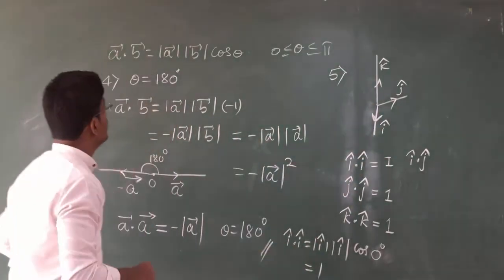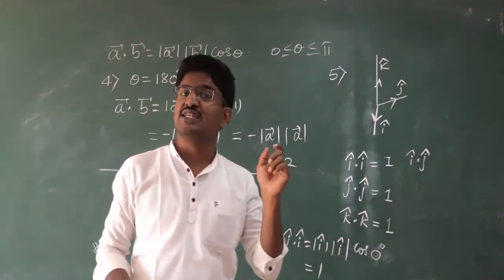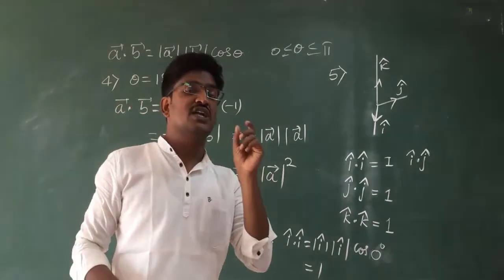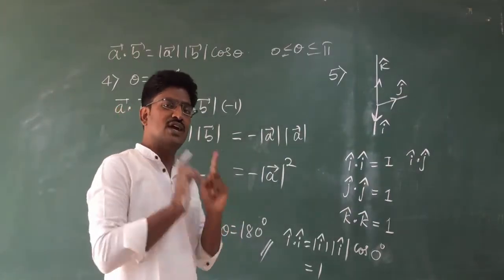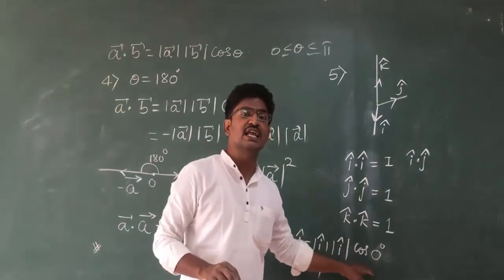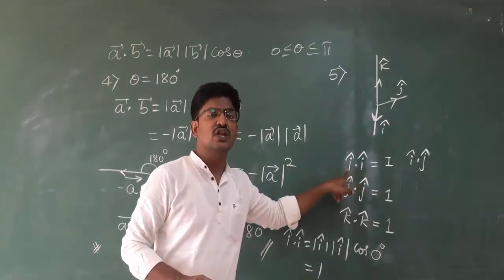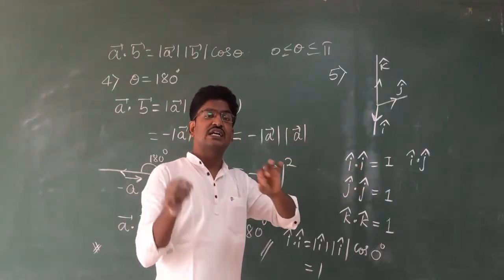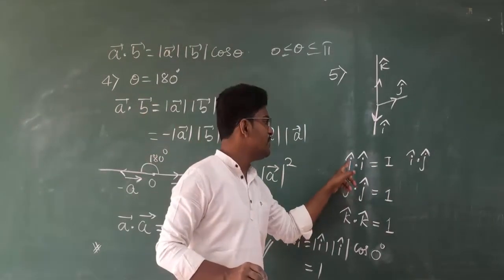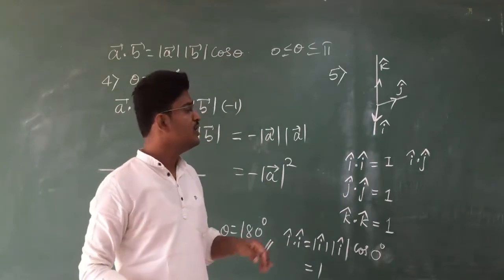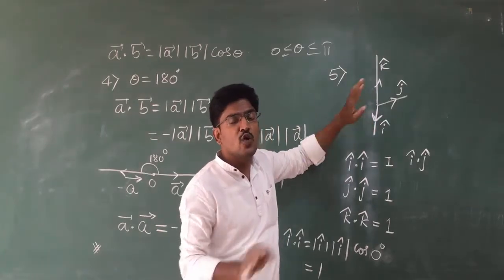In the same way, we have studied whenever theta equals 0. In the previous observations, we have seen theta equal to 0. If theta equals 0, we calculate vector a dot vector a. Sorry, it's not 90 degree, it is 0 degree, because both are the same unit vectors. That means the vector itself is making the dot product. Are you getting my point? So i cap dot i cap means this vector itself making a dot product, not any other vector.